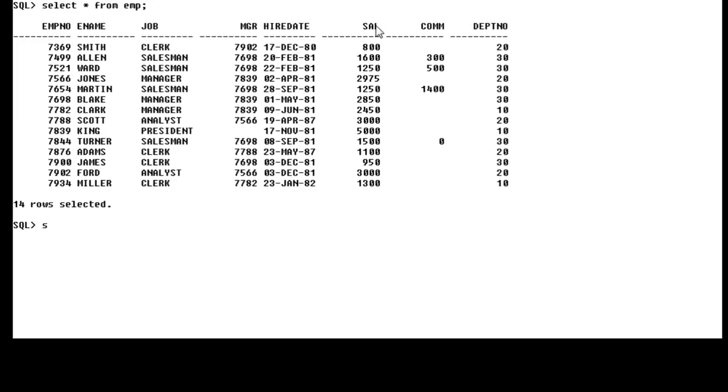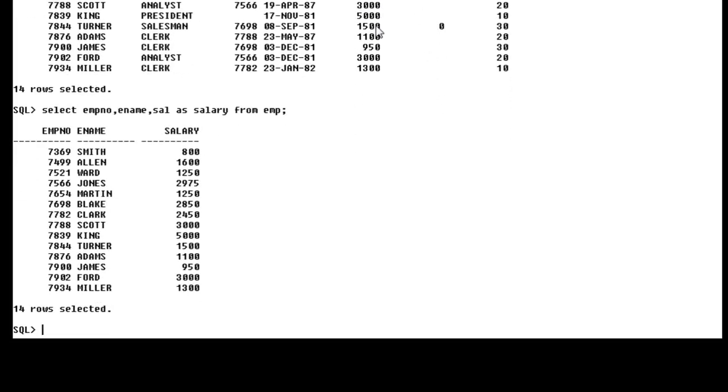For example, select EMPNO, ename, SAL as salary from EMP. This column alias is used to change the column heading temporarily, at display time. This salary, you can see that instead of SAL, the heading says salary.